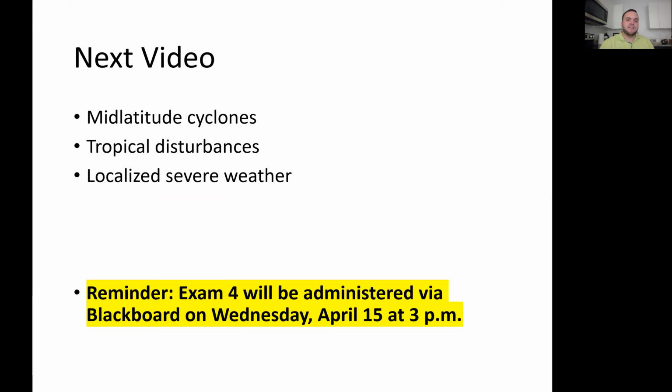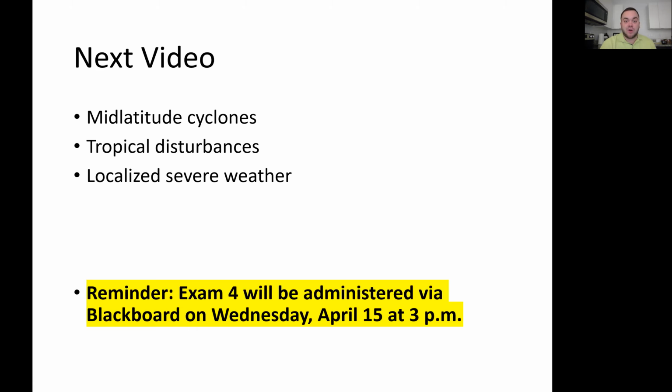So that's a little bit about the different kinds of fronts that we're going to look at. I want you to be able to identify those on weather maps based on the symbols, but I also want you to, if I were just to throw up a map of temperature or a map of dew point, be able to figure out where these boundaries are based on the differences in temperature and dew point or wind direction, for example. In our next video, we'll see how these different fronts work together as a part of a larger mid-latitude